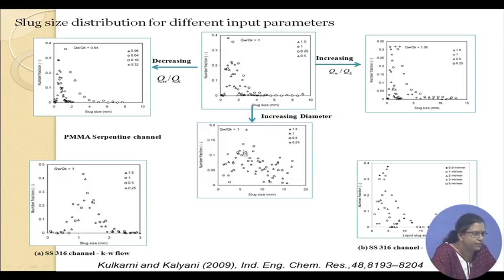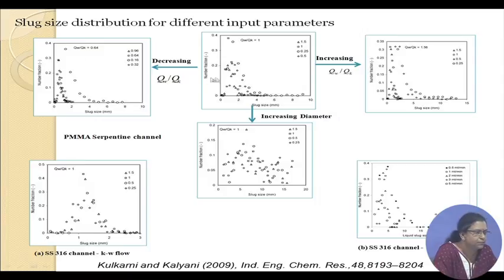But when we increase the diameter, we find that this particular peaked character disappears, and the slug size varies over a larger size range, which suggests that with increasing diameter, tuning of the different slug parameters becomes difficult in this particular case. Again, we find that for QW by QK, where W is water and K is kerosene, when we come to lower QW by QK, there is a more remarkable influence of water